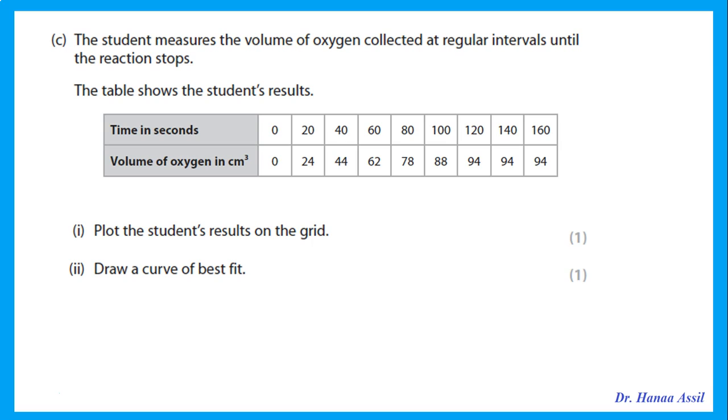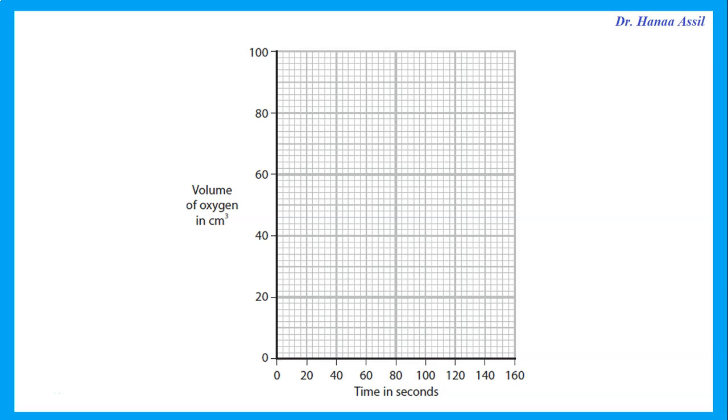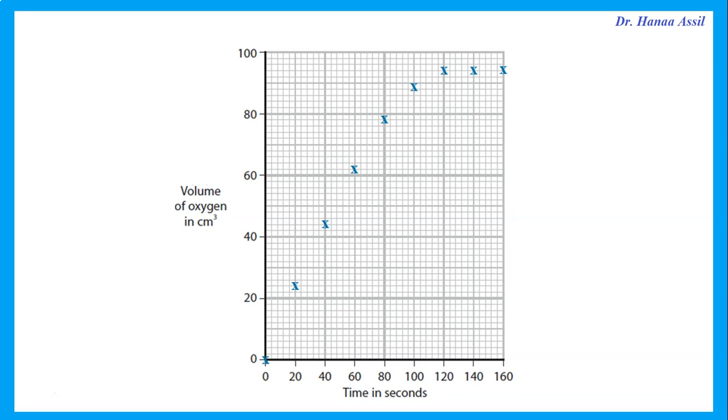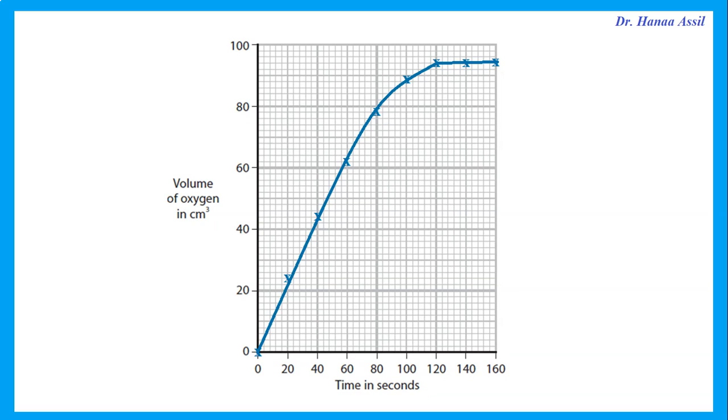And the one that is on top is the one that goes on the X axis. So time in seconds is on the X axis, and volume of oxygen, and you include units, is on the Y axis. But this is already written there and they already distributed. So all you need to do is plot the points, and the question says draw a curve of best fit. Please include the points as much as possible. If there is a point that's away from the curve, then you do not include it,